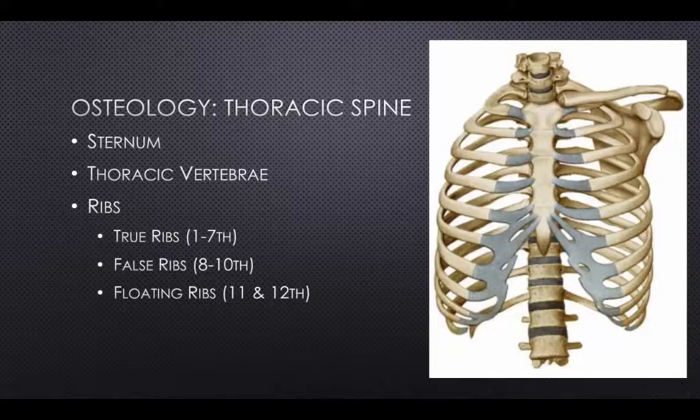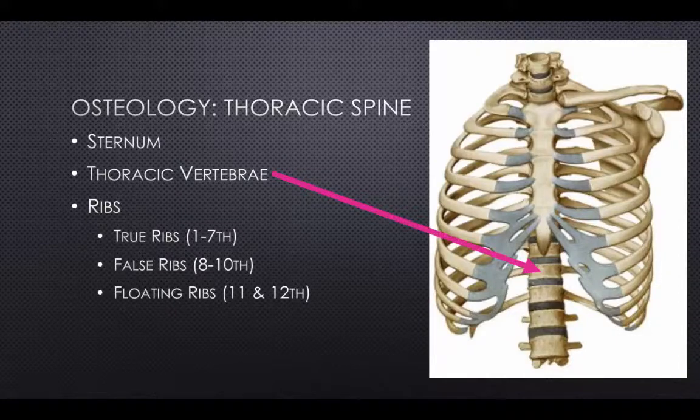The osteology of the thoracic spine. We'll start with the sternum. Remember that the sternum is made of three parts. The upper part is the manubrium, the middle part is the body of the sternum, and then the bottom is the xiphoid process. The vertebrae of the spine, I always think about the times of the day that I eat